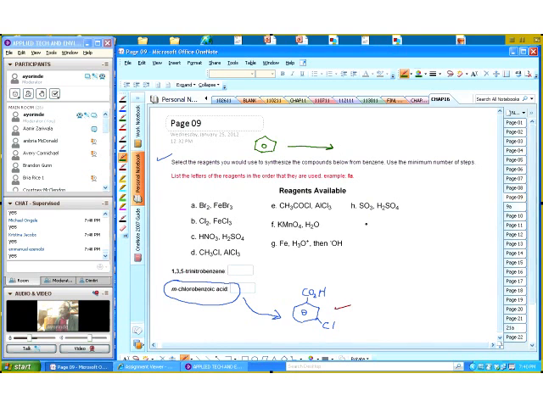Take benzene, so we're going to perform a Friedel-Crafts alkylation. Okay, that's what we want to do now. So therefore, we could use methyl chloride in the presence of aluminum chloride. Okay, so if we get this,